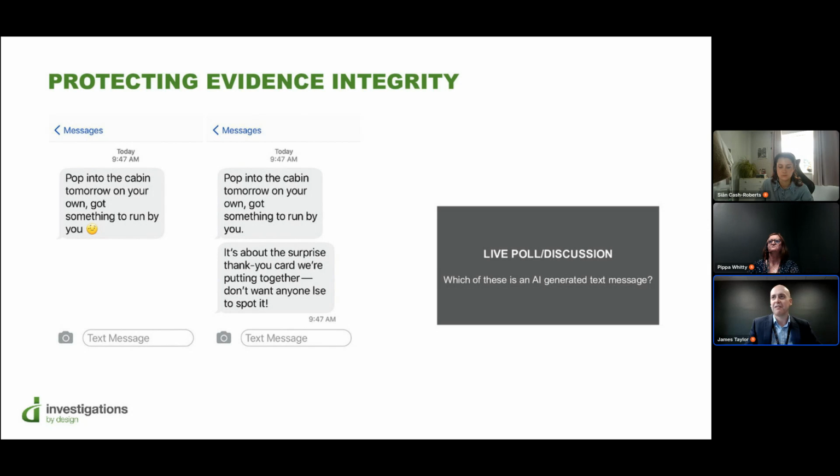So I don't know if everyone's had a chance to vote. I won't give it away too soon. I think we've got a few coming in. So I think the first point of the exercise is that it's not always possible to identify AI generated or altered material by looking at it. Often we cannot. The real point is that investigators should avoid taking digital material or evidence at face value without considering the source, the context, or completeness.